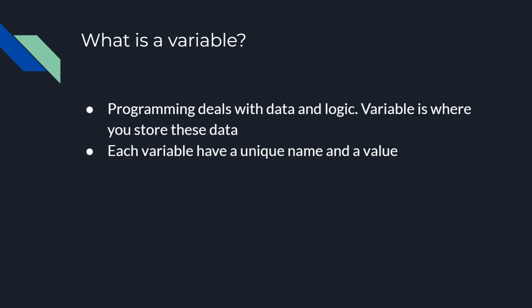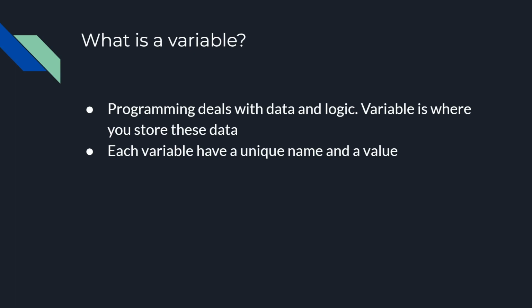In programming, the two very important concepts are data and logic. So far we don't really have any logic. We just go through instructions line by line and we do whatever there is. There's no situational things that a program may react to. It just does what it's supposed to do. So in order to take a step up from there, we can start with a variable. A variable is somewhere where you can store data, basically, and each variable will have a unique name in context